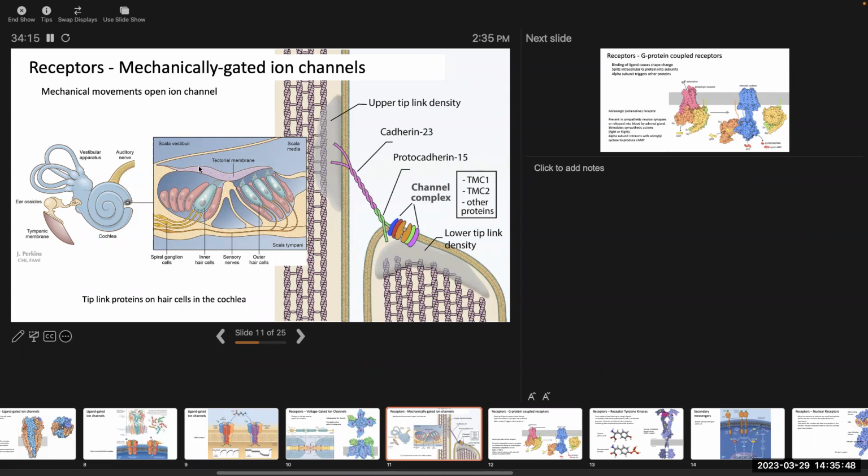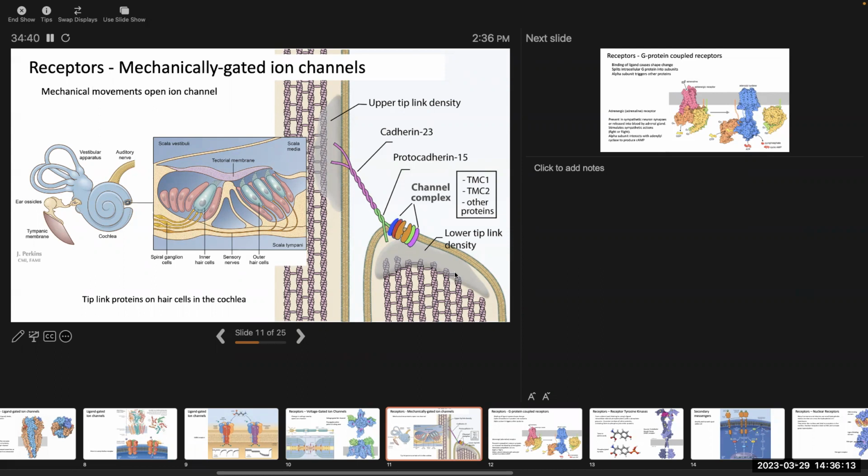That ends up moving this pink structure here called the tectorial membrane. And that tectorial membrane is in contact with little hairs, little cilia that are protruding out from these cells called hair cells. And on the right, I didn't do this one, but it was the best one I could find. On the right-hand side, you see a real extreme close-up of the tips of those little cilia on the hair